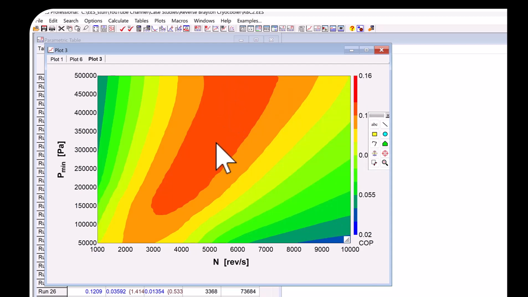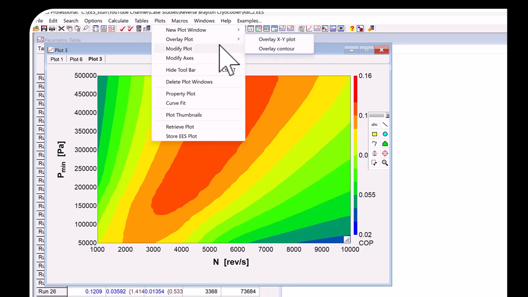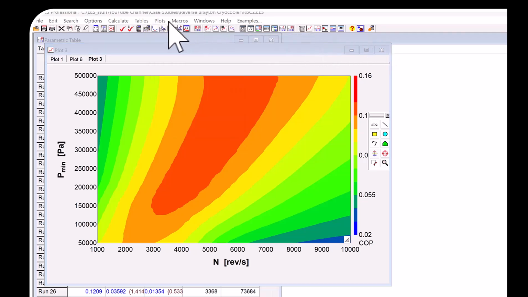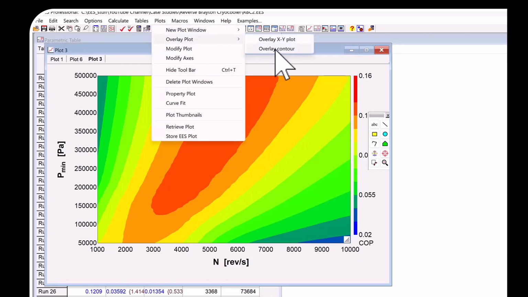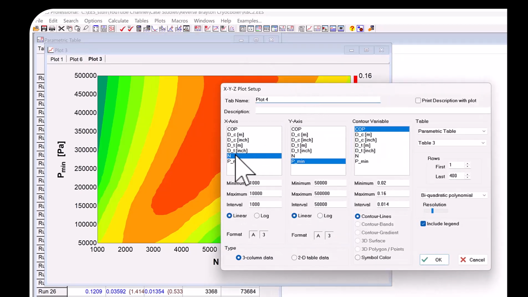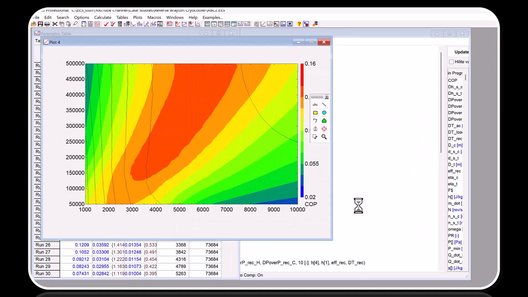And then the question is sort of where do you want to be? That's going to be related to other considerations, and one of the key considerations is I'd like my turbo machinery to be big so it's easier to make. So to do that, I can overlay onto this plot. Let's do this again. Overlay. I didn't want to do that. So do plots, overlay plot, overlay contour, and again, X is N, Y is P, but now maybe the contour variable is DC, and this is going to only put lines on here. And yeah, those are my plots. These are my lines of constant